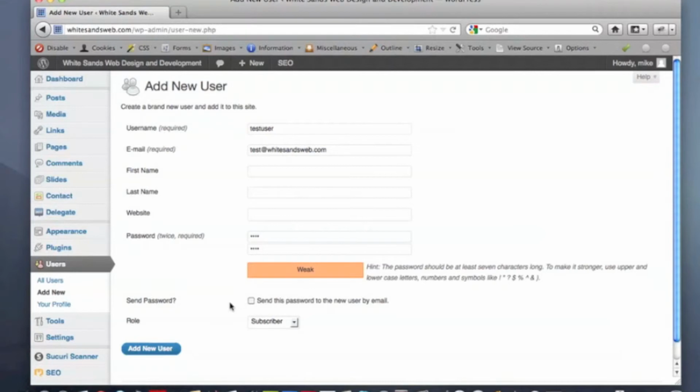The next field, send password to new user by email. You can check this if you want the new username and password to be sent to this email address right here. I'm just going to leave that blank for now. The role is actually very important. This is something I'm going to get into in the next tutorial, but for now we'll just leave it as subscriber. So we'll click Add New User,